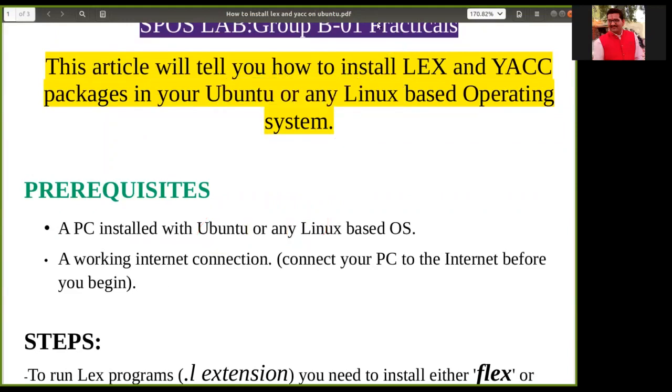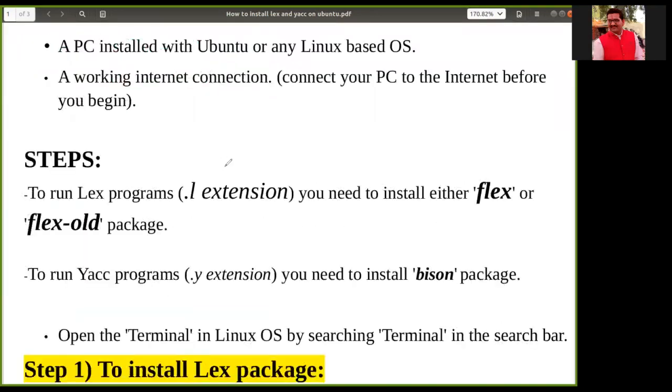Next we have the steps to install the Lex package. To run a program with the .l extension, we need to install the package Flex, or the old Flex package.